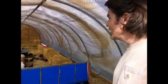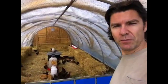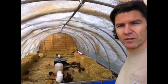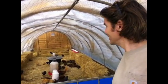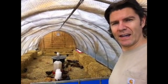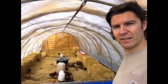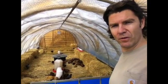So I've had to put some shade cloth up over the top to try to keep some of this heat out. And I'm having to open up the vents and open up the doors and really try and get some air movement in here, because it's probably in the upper 70s right now at 10:30 a.m. and I could expect it to get into the upper 80s or mid 80s later today. So I'm having to make sure that obviously they have all their water and feed,